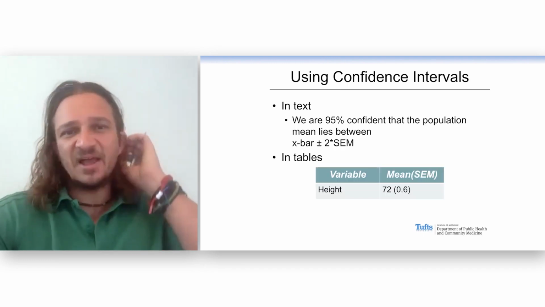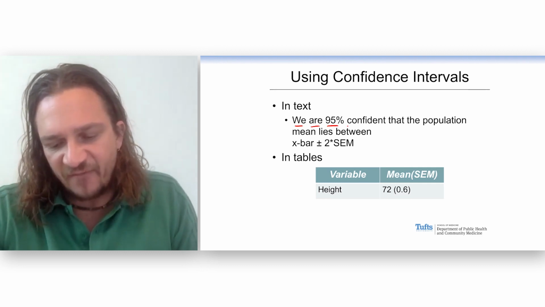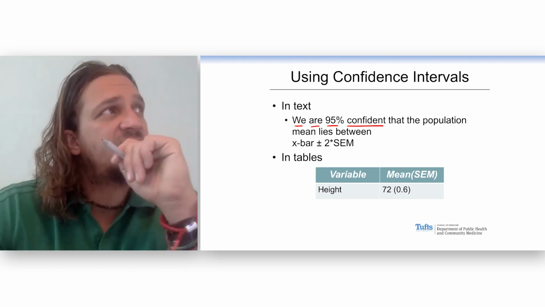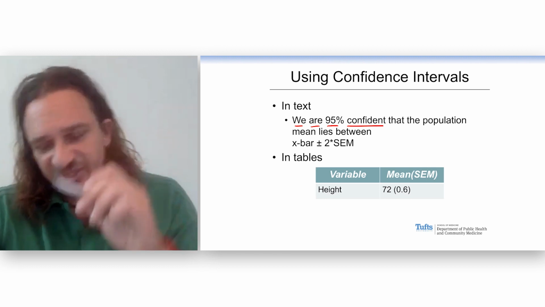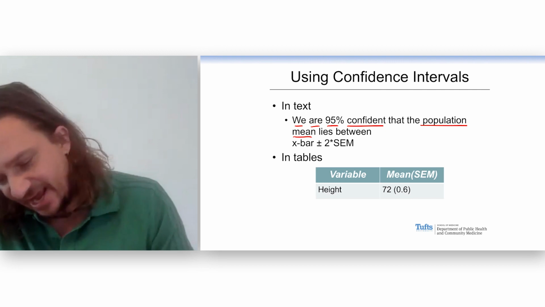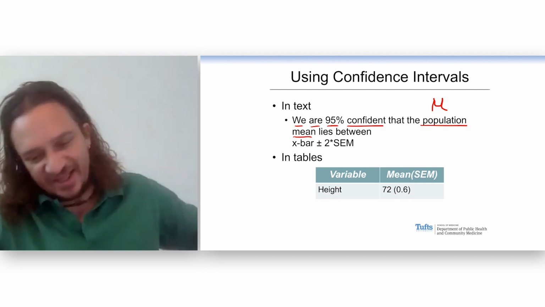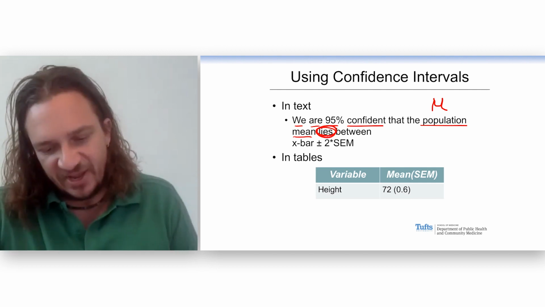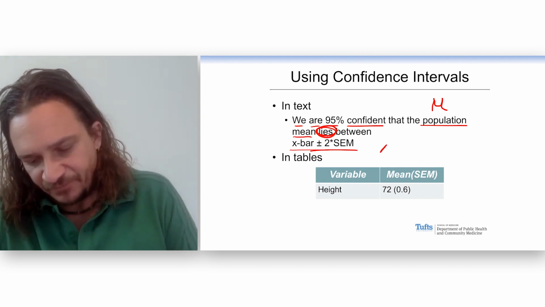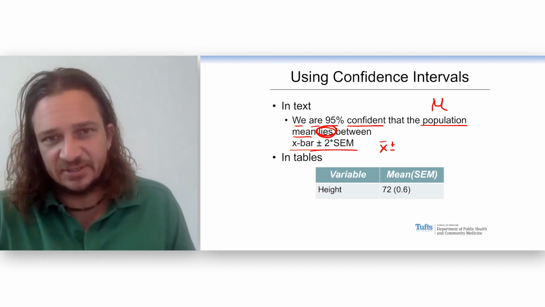Now, when we write these up, we use the very special language, we are 95% confident. And that's a signal that we've done the process of estimation. And so again, we're talking about the population parameter. In this case, we're talking about the mean or the mu. And we say that it lies, it is, and then we give the interval that we have. So we take our mean and we add a fudge factor to each side. So we go plus and minus